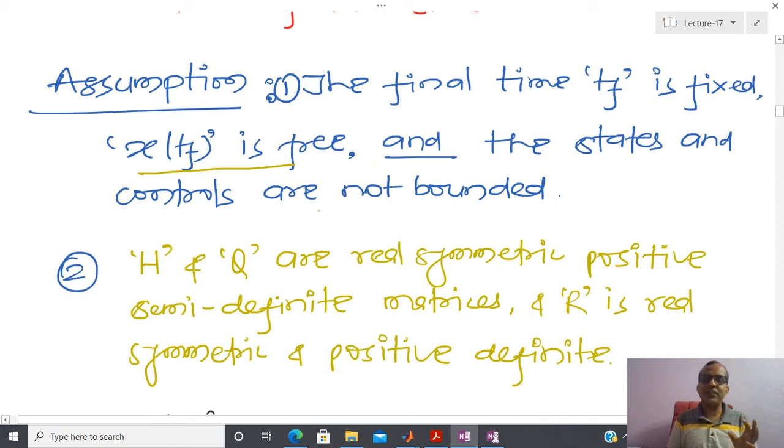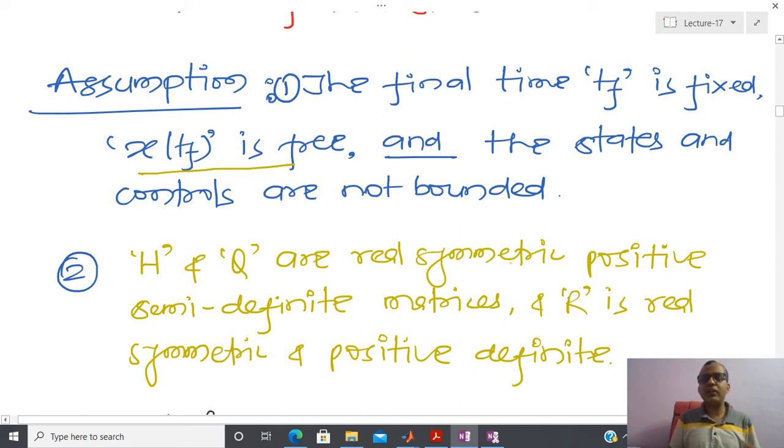Basically, in this class of problem, we are assuming that I have to define some kind of optimal control problem, or optimal control, such that I can go to the close vicinity of that particular tracking signal or reference signal. There is no proper definition of close vicinity, and due to that reason we are telling that even though tf is fixed, x(tf) is free. So with that convention I am going to